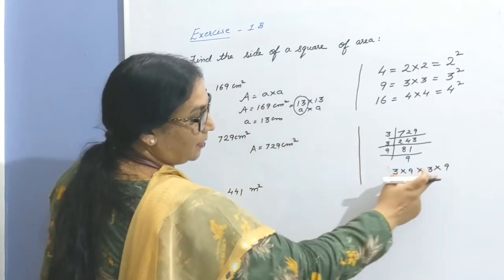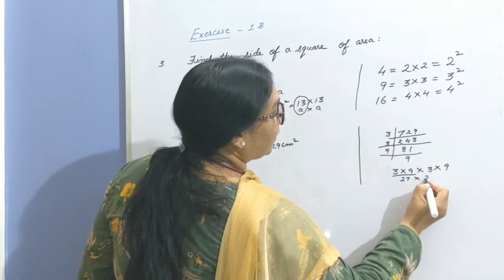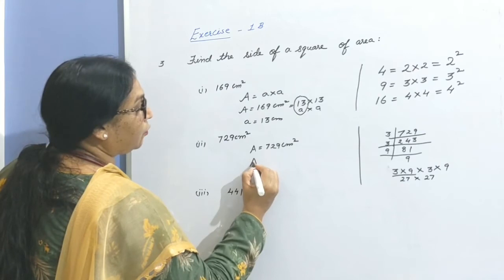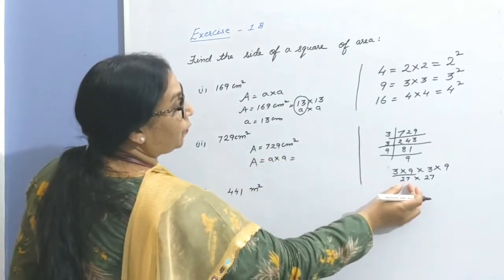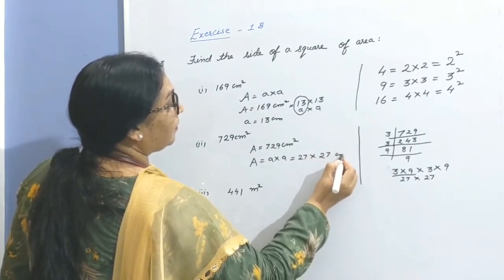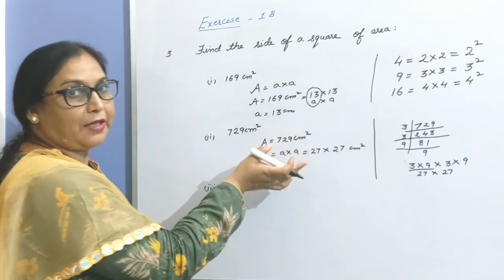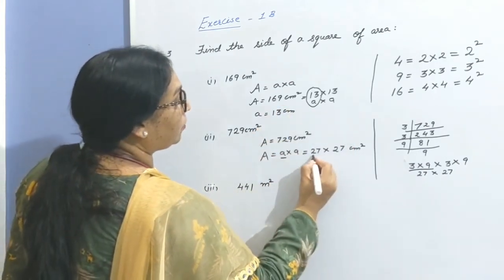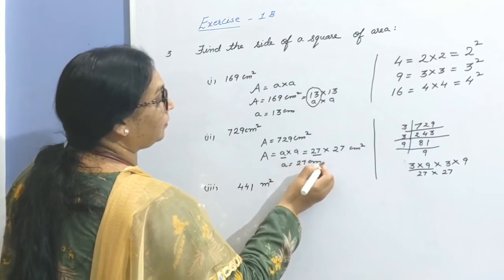If you convert them, 3 into 9 and 3 into 9. I have taken these numbers as 3 into 9, 3 into 9. 3 into 9 is 27. So we can write it as 27 into 27. So 729 as area of a square is A into A. Here each A equals 27. So 27 into 27 centimeter square. Children, once you know the unit of area, easily you can tell the corresponding unit of length, like centimeter. So each A equals 27. Hence, each side of the square is 27 centimeter.